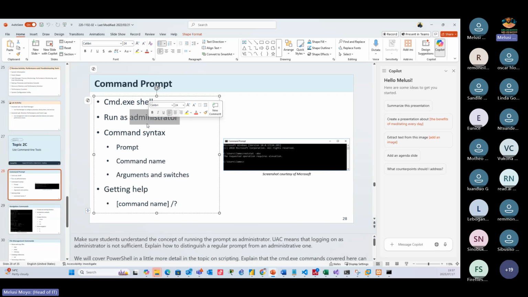You need an administrator account to do high-level processes or high-level tasks in your computer. So if you can't run certain things on command prompt, that means maybe you didn't go in as the administrator. So you need to go in as administrator for you to be able to run different tools. So the CMD is very important because there are so many things that you need to run there, like checking